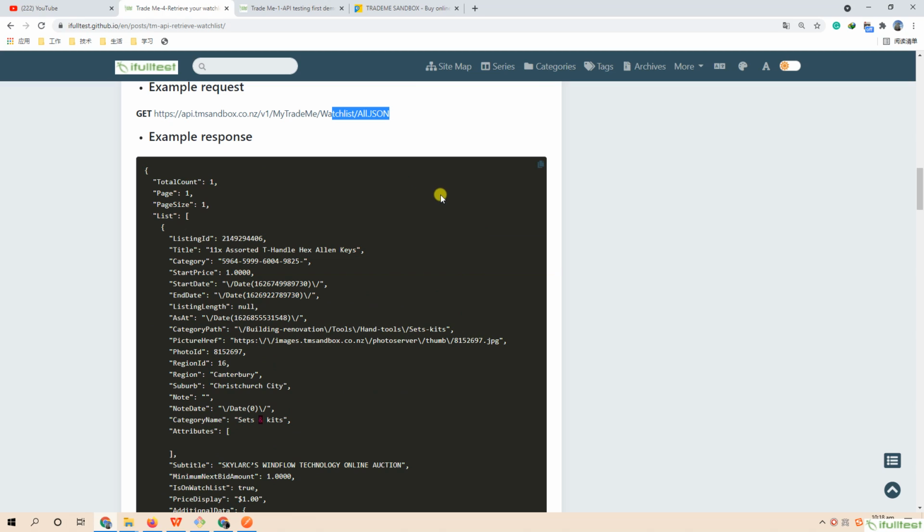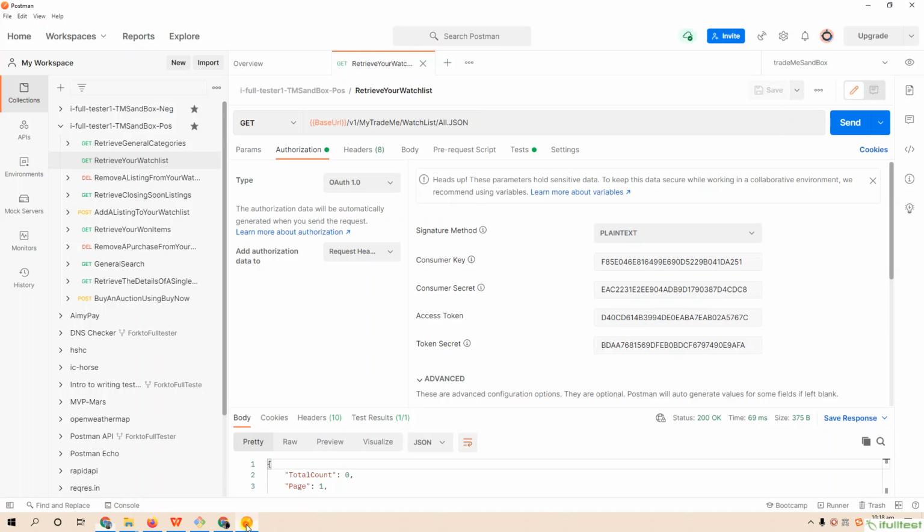Let's do the scripting work. First, we need to fill in the authentication information for this API through authorization OAuth 1.0. Add authentication data to the request headers.